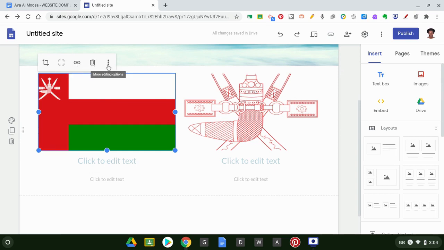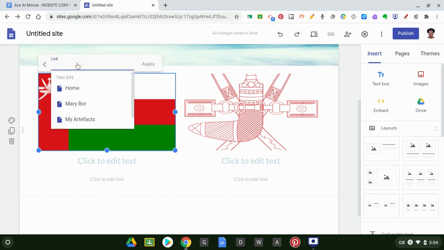So we're going to look at how to make this a link. Can you see this tool here? This is a link. So what you do is you click on it, and then it gives you all the websites that you have on your site. Now, if you're using our class site, then we're going to see everyone's web page. Now, please do not link to anyone else's web page. You link to your own web page.